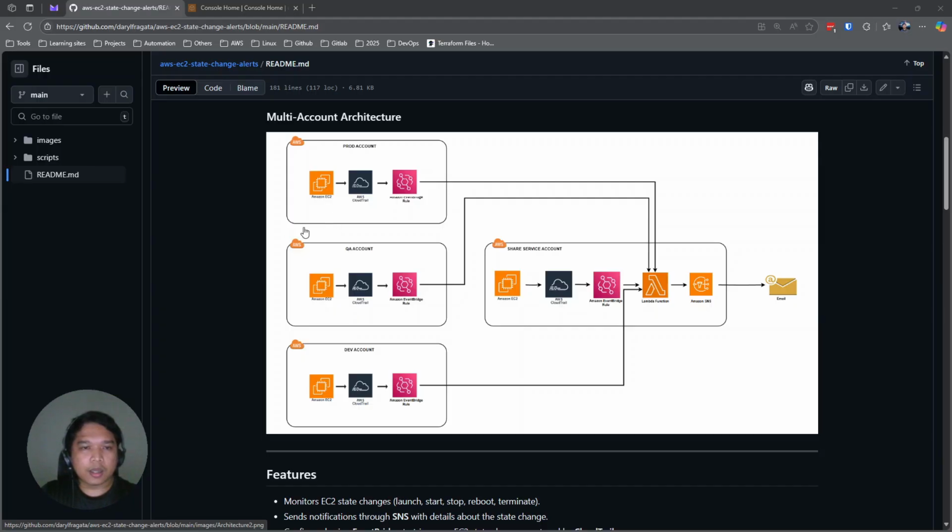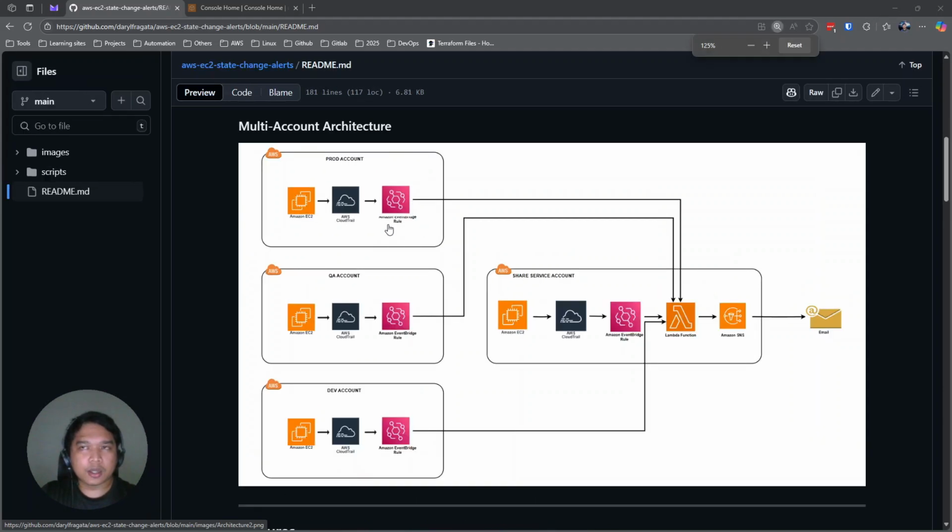Per account we have the source of the event, which is the instance, and the CloudTrail service for recording the API events. And we have the EventBridge rule.